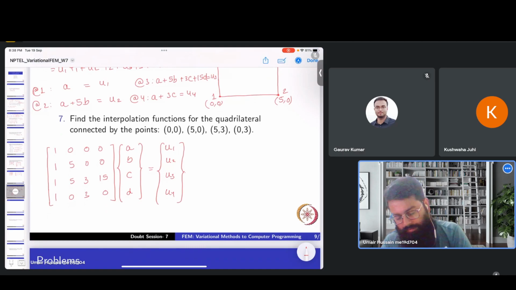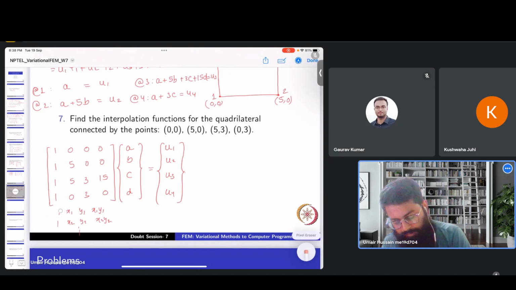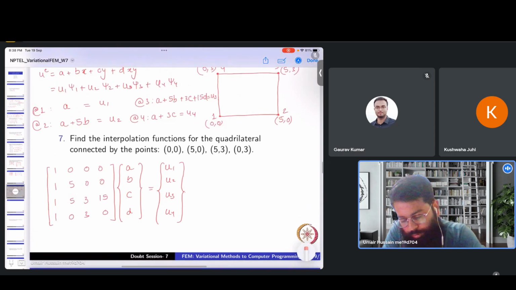This matrix is nothing but 1 x1 y1 x1y1, 1 x2 y2 x2y2, like that for the four nodes. It's similar to what we got there. So we take its inverse and we find our A, B, C, D, or else we can directly just solve this as